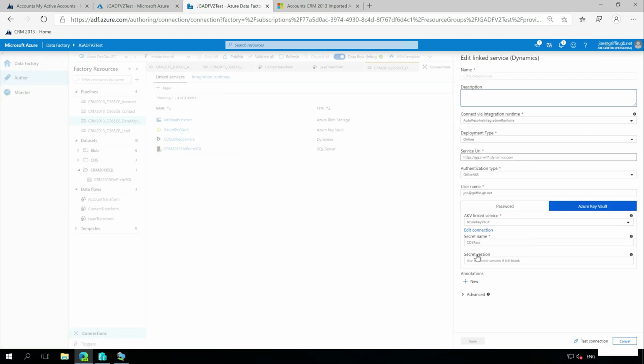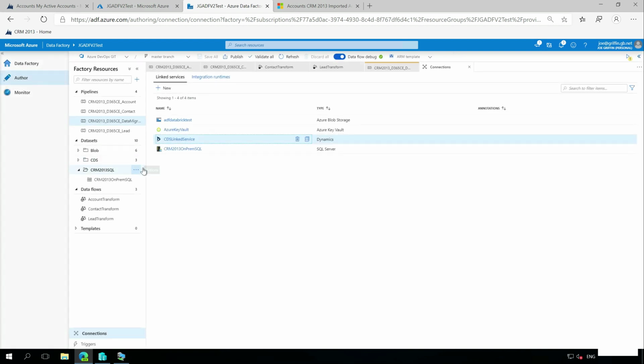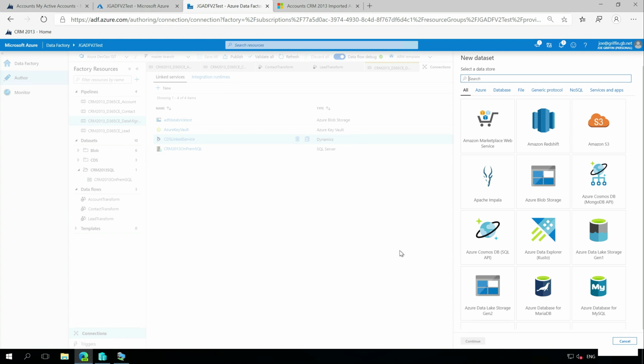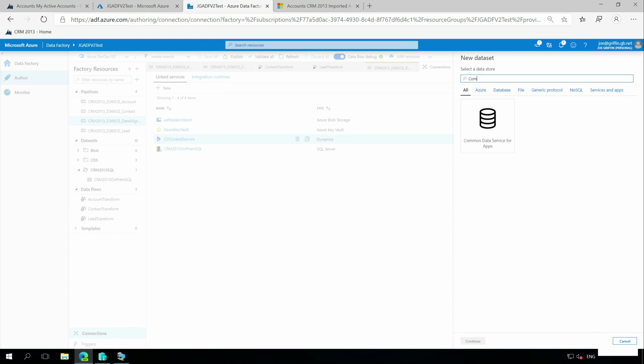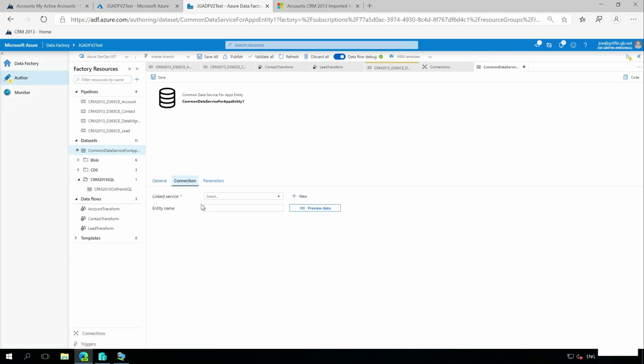Once it's defined on there, it becomes available. You can then go into your data source down here and create an additional new dataset that's mapped across to your particular entity. So if I wanted to do, let's say, a new Common Data Service entity, just press continue on there, go to connection. I make sure I select my linked service first of all,